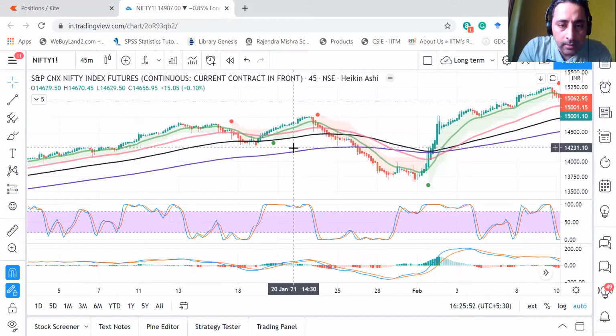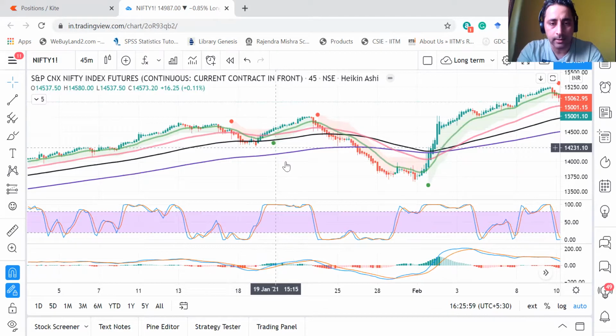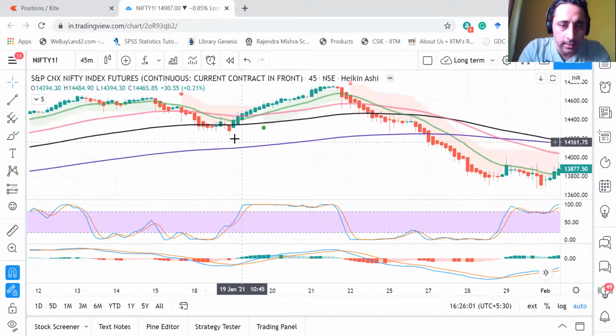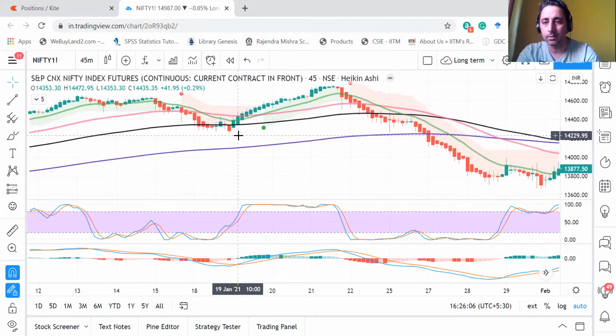So you see this candle where the plus sign is, the bottom of that candle. If I increase the size of the chart so that you see it clearly, that level corresponds to, if you see on the right hand side, it will show you the level. Can you see that number changing on the right hand side? On this right hand side, there is a column of numbers. So the black bar, there is a bar that shows. So I can comfortably choose 14,229.95. That will be my, let's say, trigger price.